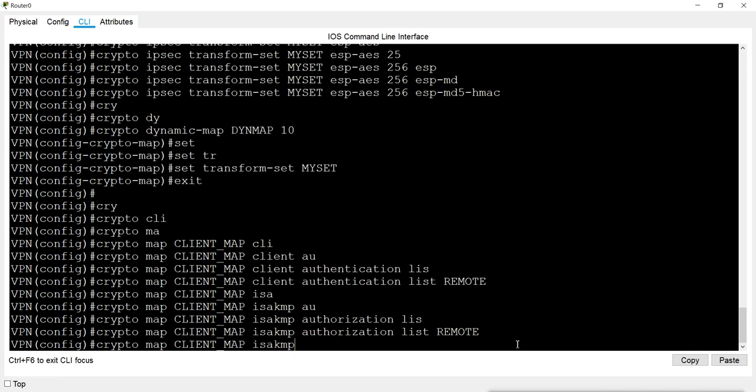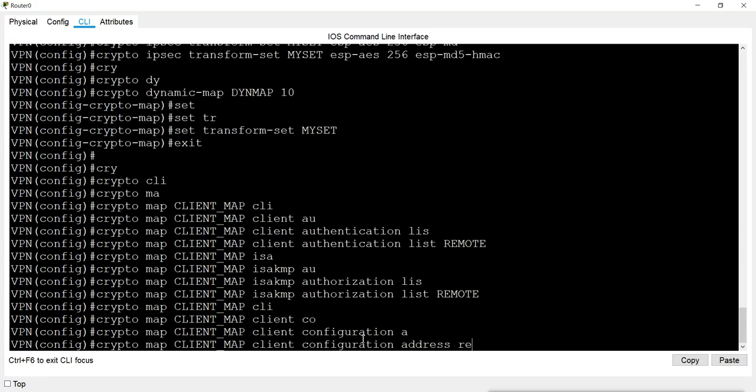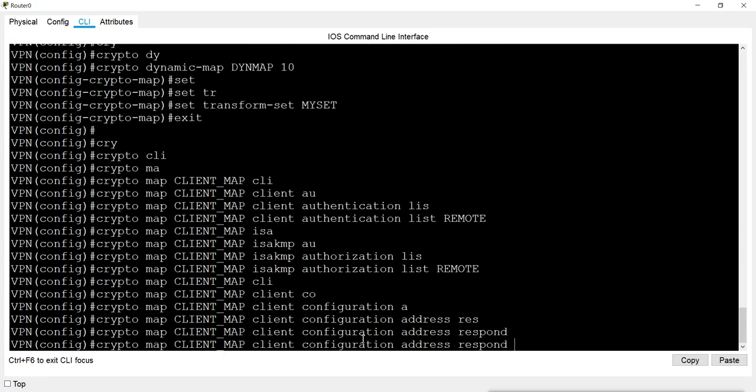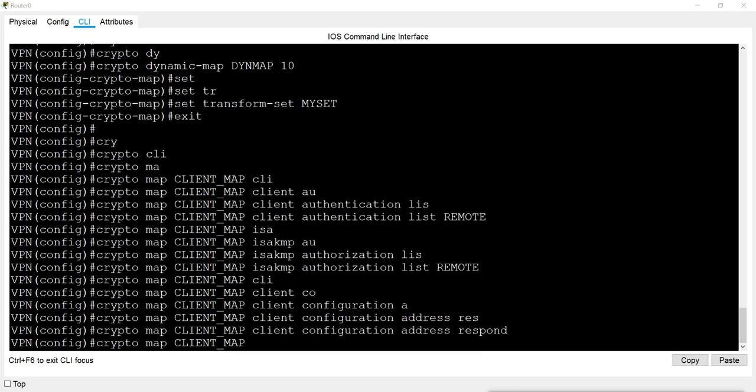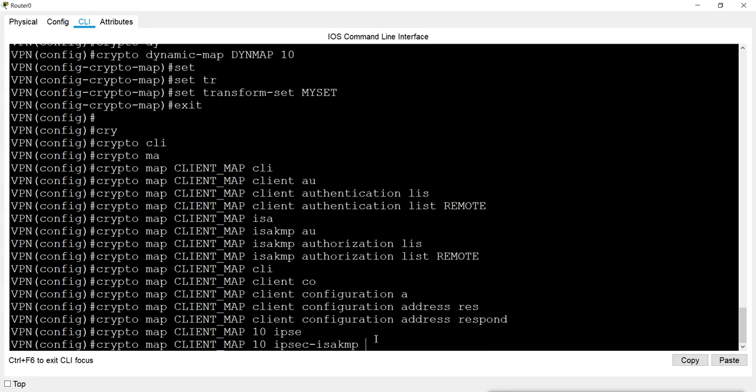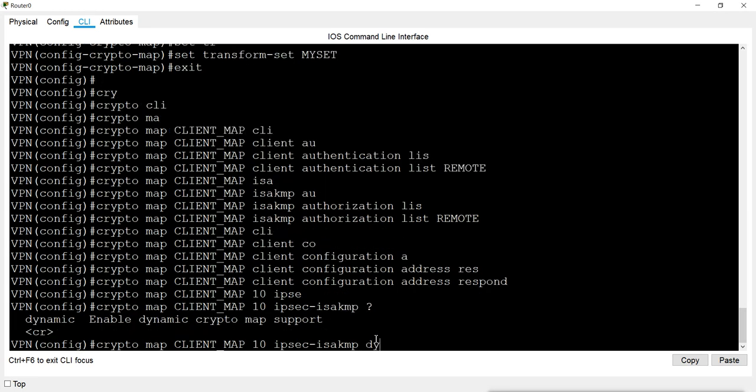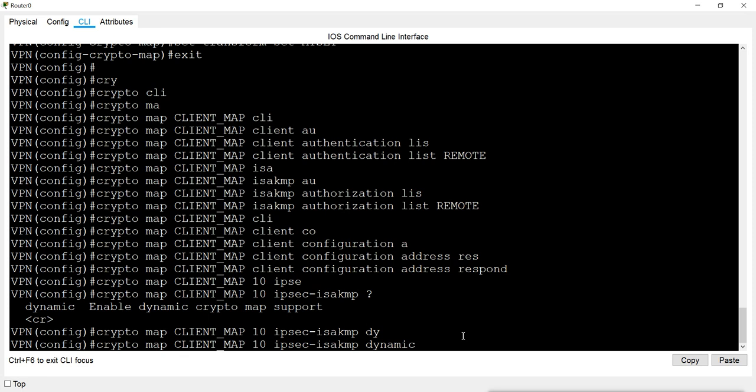Then again crypto map client map, configuration address respond. And then finally crypto map client map, and the name for the dynamic list, that is dynamic.